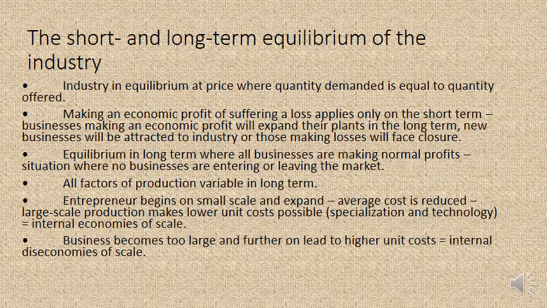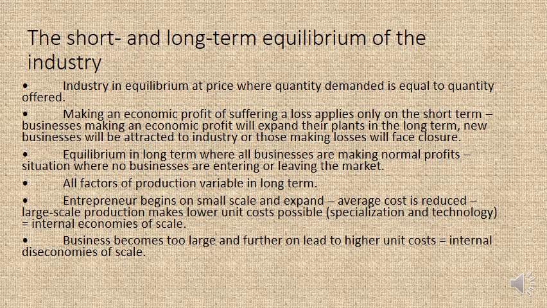It will make more sense as soon as I start using the graphs to explain it. But basically, in the short term, if the perfect market is earning an economic profit, entrepreneurs will recognize this, and what will they do? They will open up businesses in that industry. So what will happen then is in the market, the supply will increase. If your supply increases, the market price will go down, and that will then mean that only a normal profit